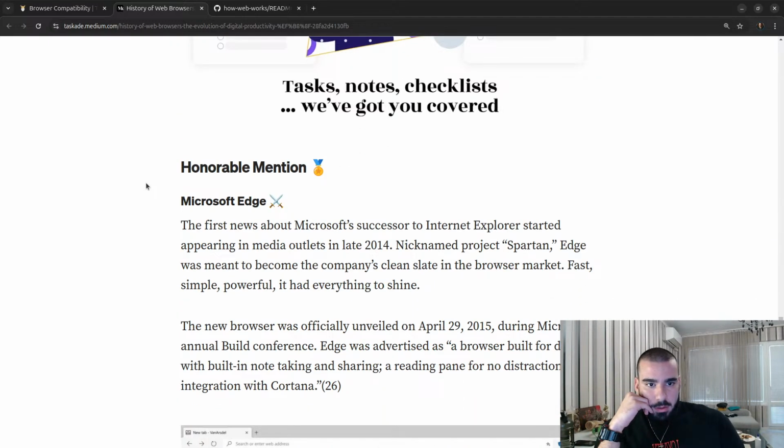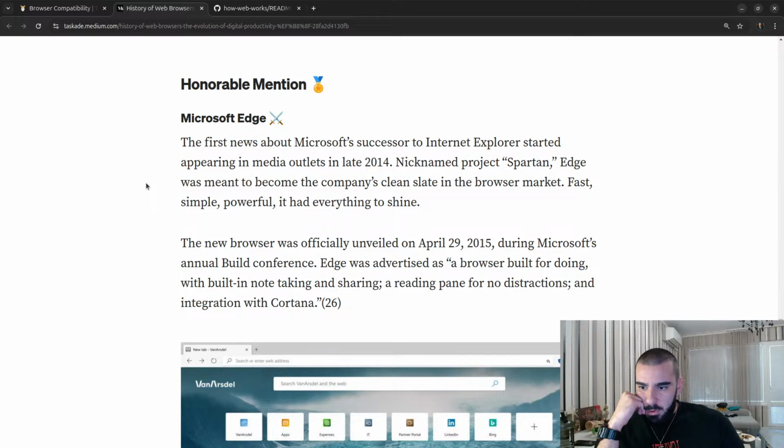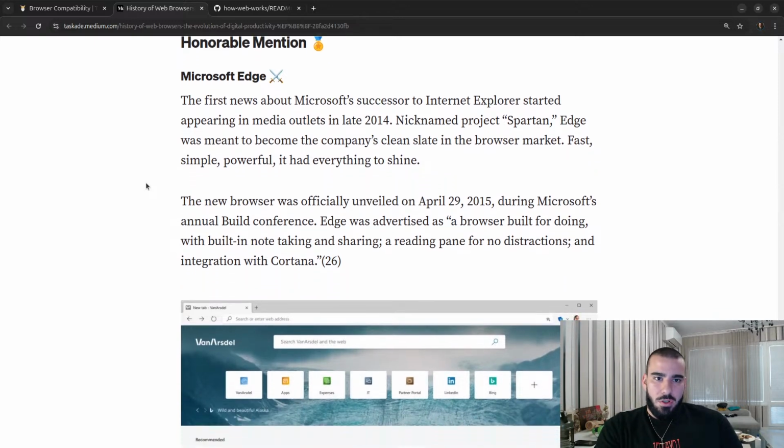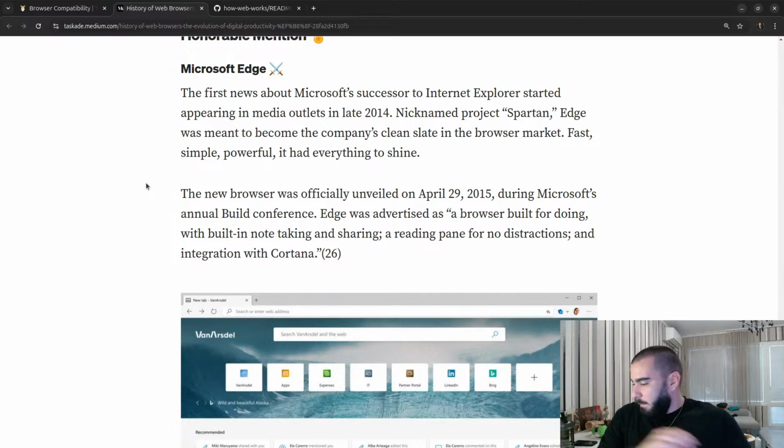Again, another ad, so just for context, it's pronounced Chrome. Chrome, okay. Microsoft Edge. Let me just